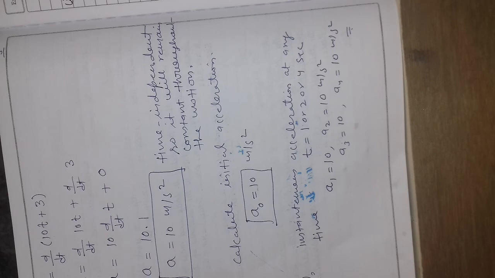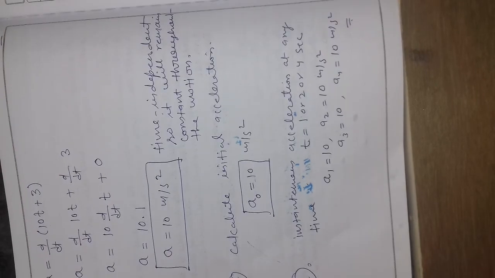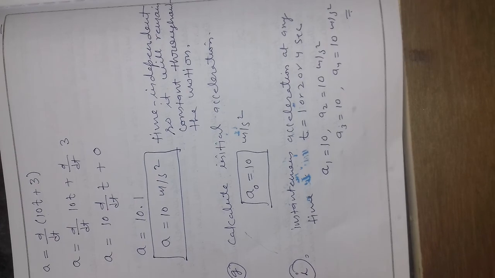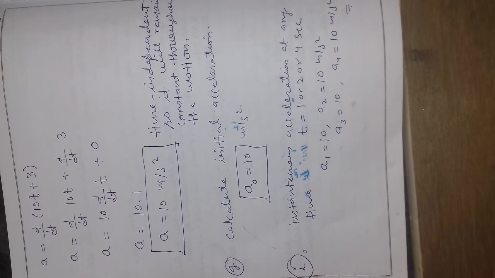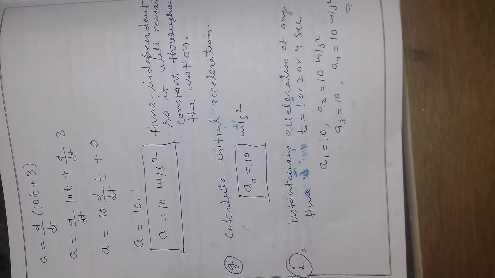So guys, go through this problem again and again and do some more problems. In this problem we only used 2 or 3 formulas of differentiation: d over dt t to the power n is equal to n t to the power n minus 1. And I have already explained the formula.